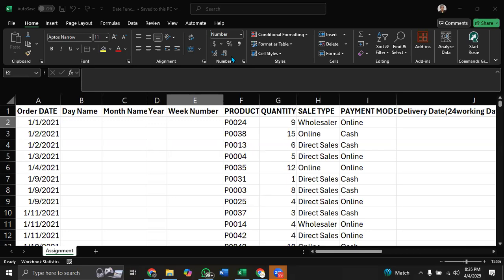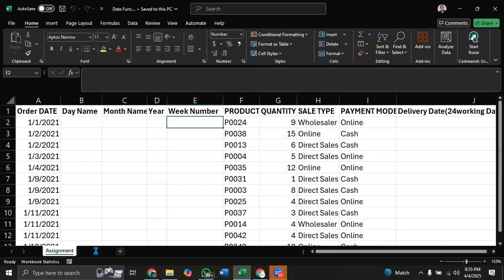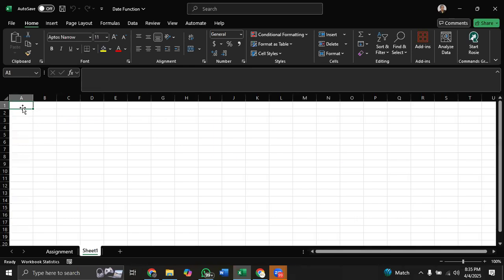So we're going to start with the simplest one. Let me just list out some of the formulas that we're going to be using today, in this new sheet. You don't have to do it, I just want to list them out. So for today, we're going to be taking the today function, the now function, the day function, the month, the year,